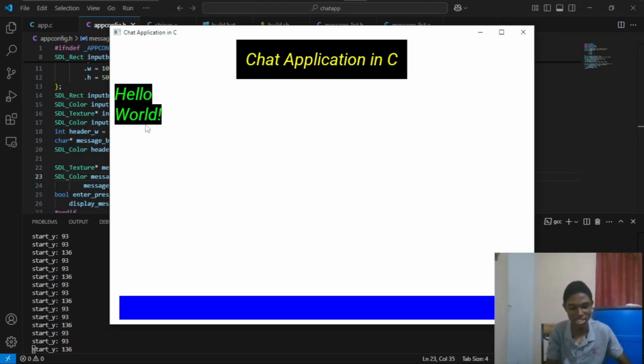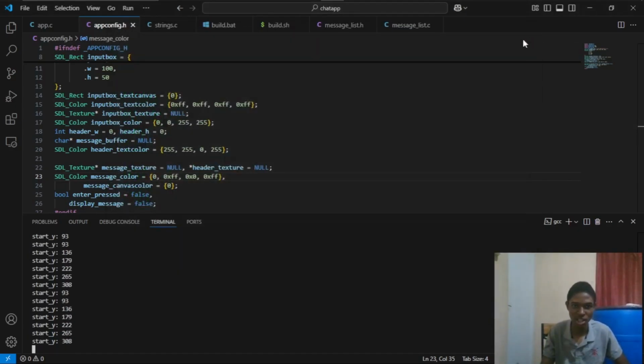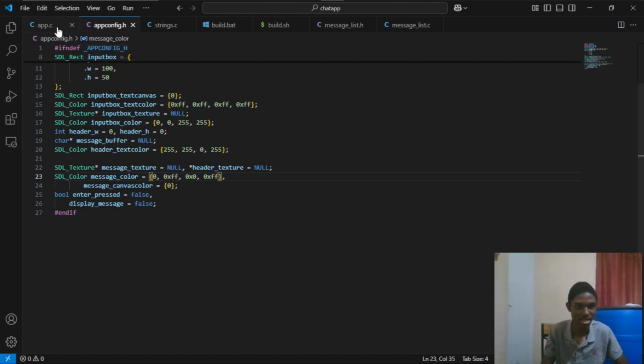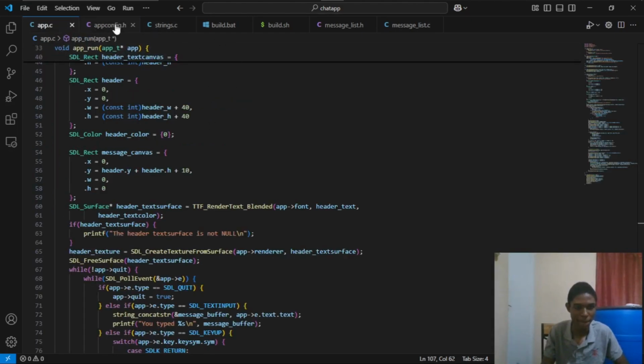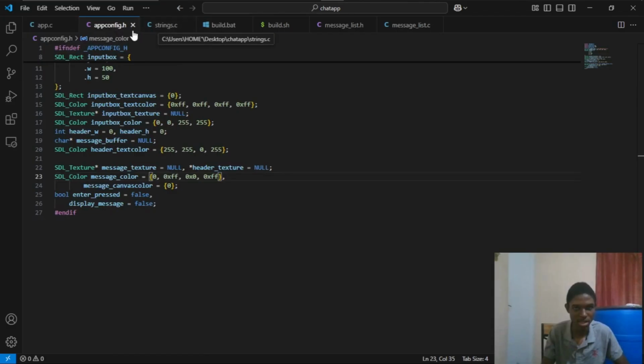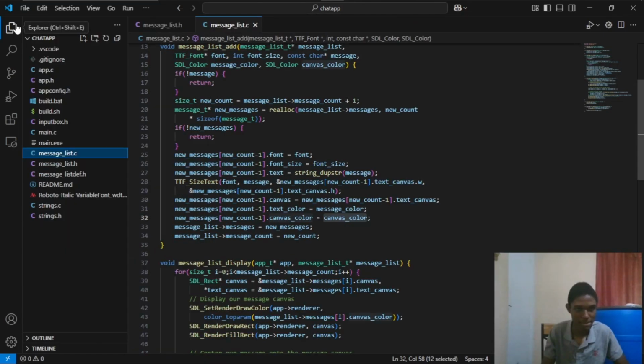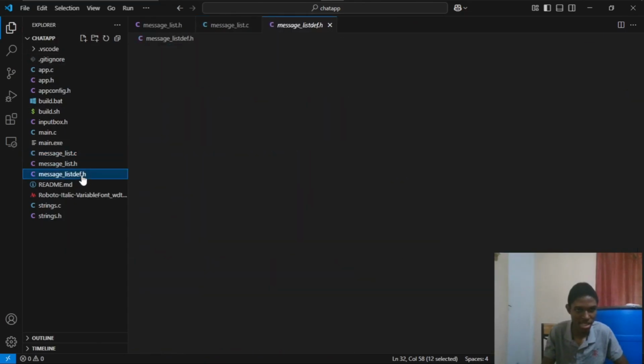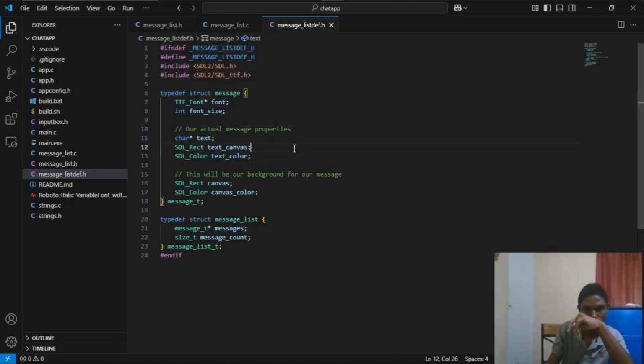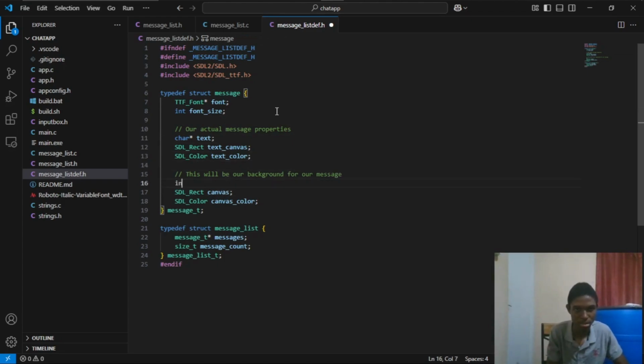But now that we have done that, the background that we set, right? If you notice, each message is just joining one another. Let's add some more initialization properties. So let's focus on our message list to solve that issue. If we go into our message list definition, we'll define some padding. So we'll define an integer. Let's call it int padding x,